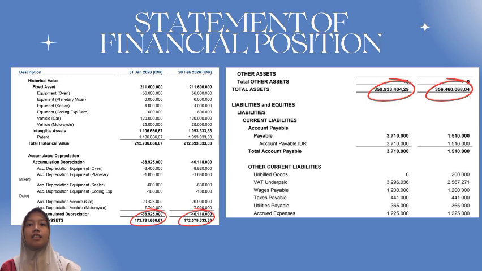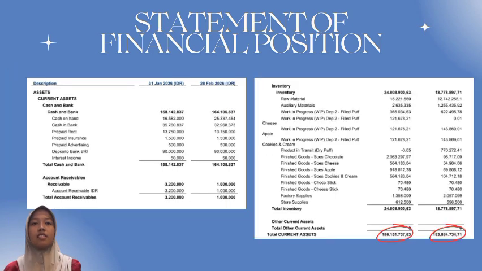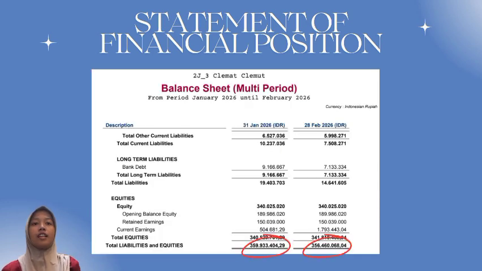Cermat Cermut's total assets as of February 28, 2026 were 356 million. This consists of current assets of 183 million, mostly made up of cash and inventory, and fixed assets of 172 million after accumulated depreciation. The total liabilities were 14 million, and total equity was 341 million. Adding them together gives us 356 million, exactly equal to total assets. The balance sheet is balanced, which confirms that all transactions input in Accurate were consistent and nothing was missed.